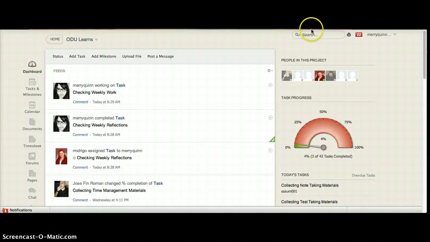Hi everyone, this is Megan and I am doing a quick screencast to address how you would fill out your timesheet. As you can see, I'm on the home page of the ODU Learns project in Zoho. If you look at your left sidebar here, you can see all of the different aspects of the program managing system. And if we click timesheet,